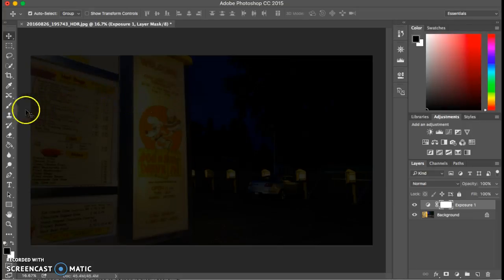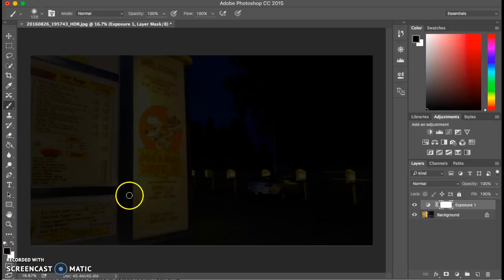So what I need to do is find my brush tool. Okay, here's my brush tool. I'm going to click on that, and then I'm going to make sure that I have my black swatch foreground color selected in the front. If it's not, you can flip-flop them this way. I'm going to click on that. And I'm going to make my brush bigger, so if I locate the P on my keyboard and hit my right bracket, I'm going to make it larger, and my left one will make it smaller. And when I paint in,